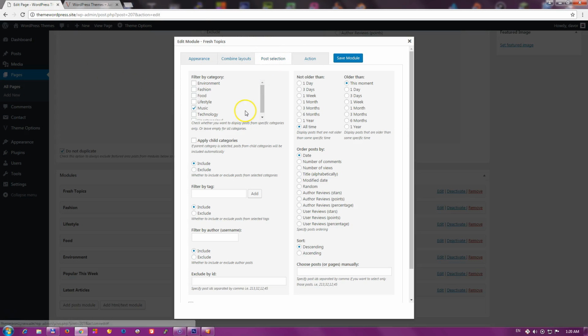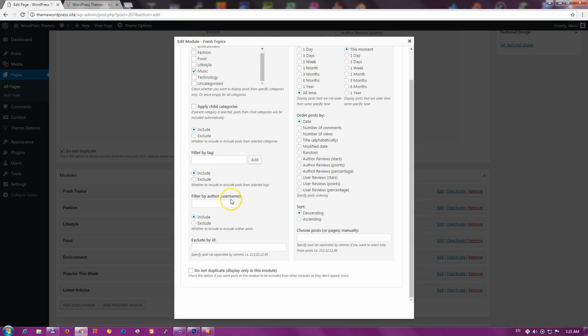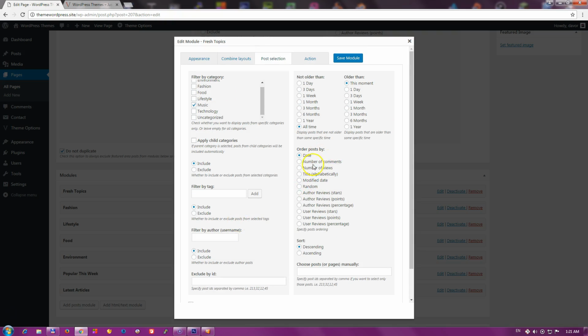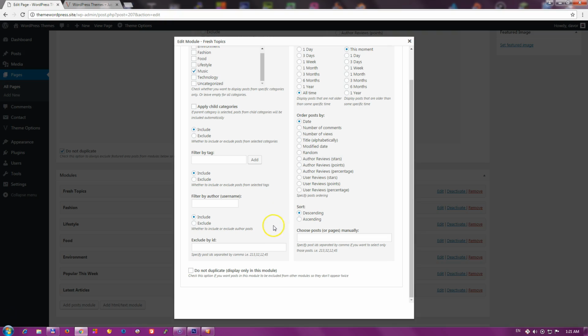Now post selection. This module is set to display only posts from the category music, so it's not the fresh topics as in the demo, but it will demonstrate pretty much what I'm trying to say. So you can basically choose an endless number of categories that will be the source for your posts in desired modules. You can also apply all those filters like in the featured area slider, along with other settings you can see here, and it also features the do not duplicate